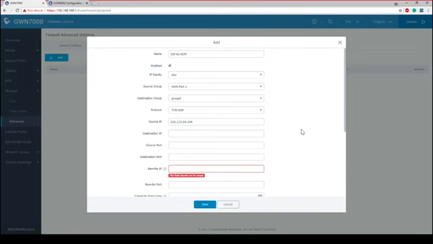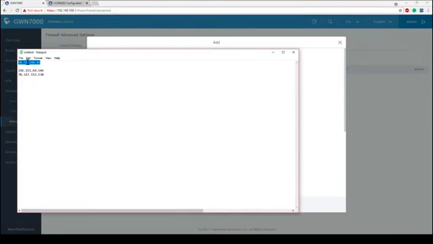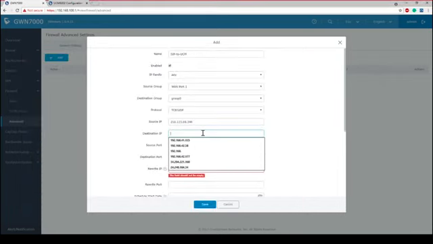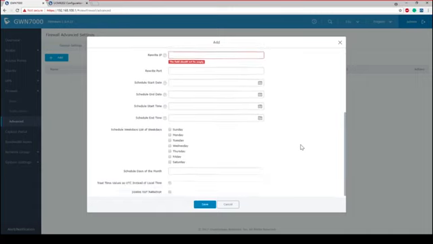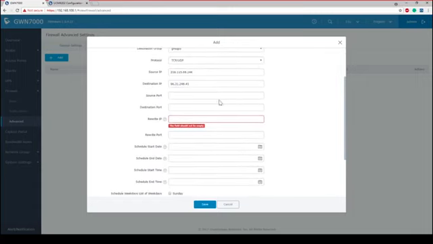Next we have destination IP. Now the destination for the source group is going to be our public IP address here. So I want to make sure that I go ahead and get my public IP address. This is the public IP address of our router. I'm going to go ahead and paste that in here. I'm not going to worry about source port. Destination port, this is something I will have to worry about, because this is going to be our custom SIP